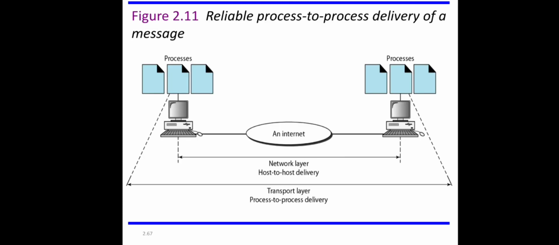So we can compare different types of delivery. That is, we have a set of processes in sending machines and receiving machines, and the actual communication is between two different processes. The middle process here is communicating with the middle process here, right? And these two different machines are interconnected using this internet. And in case of network layer, this machine to machine delivery will be done for each packet. And it's the duty of the transport layer to perform the process to process delivery of the entire message. Okay.